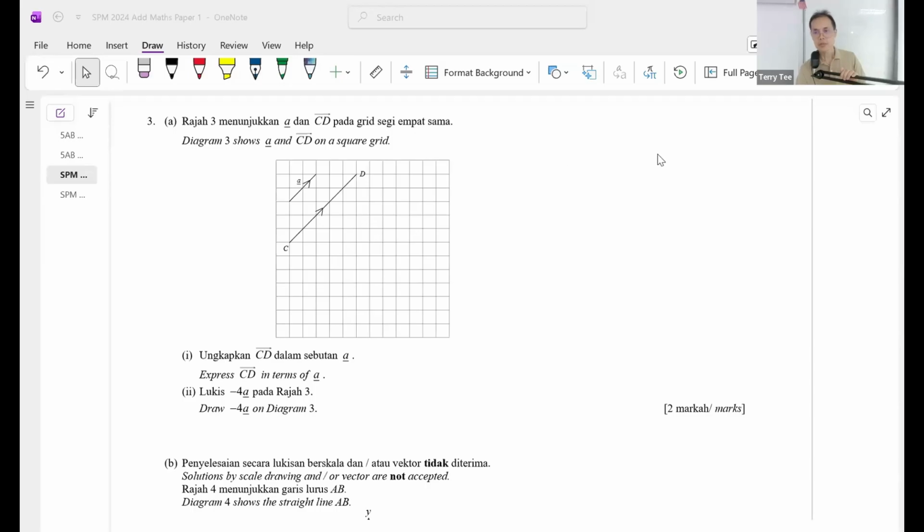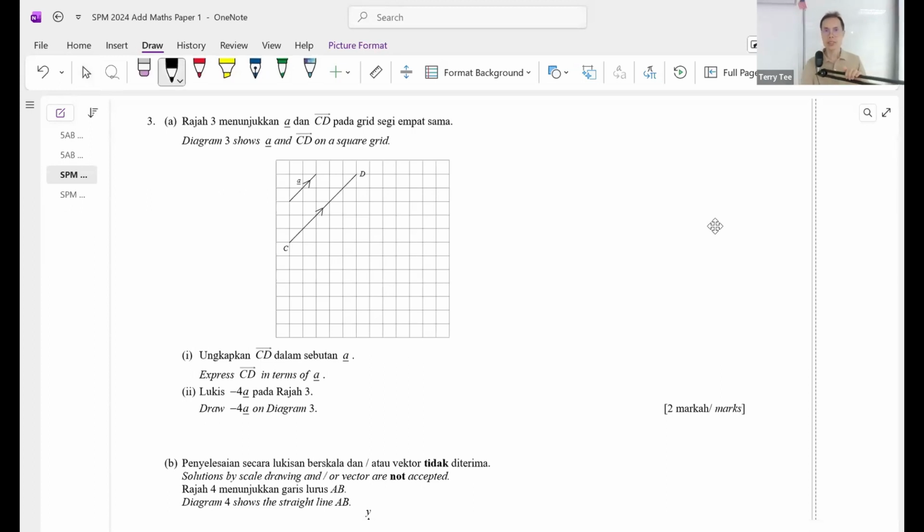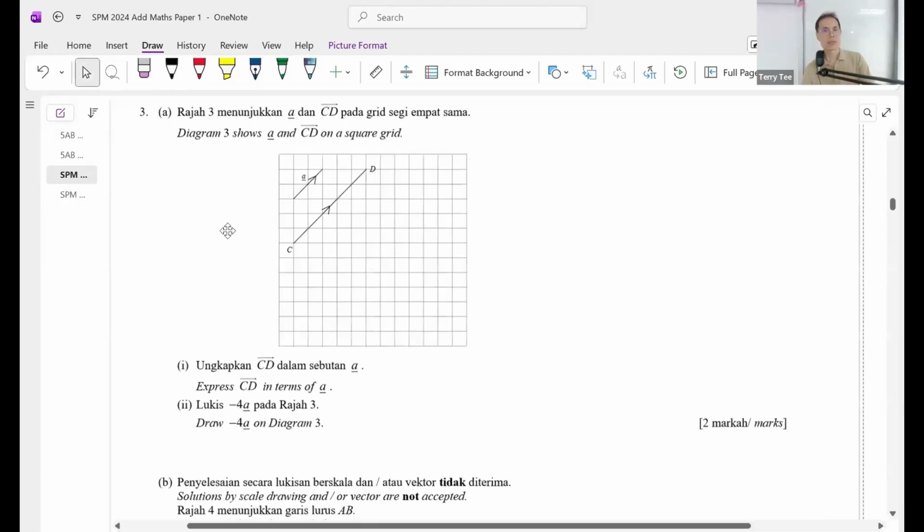Okay, so let's continue with question number 3. This is from Form 4, Chapter 8, Vectors. Diagram 3 shows a and CD on a square grid. Express CD in terms of a. Okay, just look at the diagram. Yeah, ask yourself,